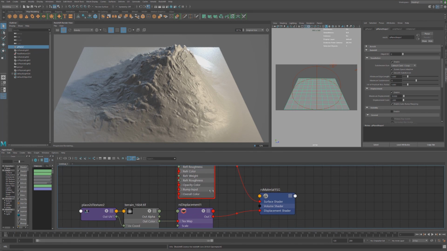What happens if we disable on the object enable auto bump mapping? You'll notice that now we lost all of that finer detail. And so what this lets you do is increase the detail level of your asset without actually increasing the tessellation or subdivisions. And this allows for faster renders while still keeping a lot of the detail. If we were to attempt to keep this level of detail without enabling auto bump mapping, it would require a lot more